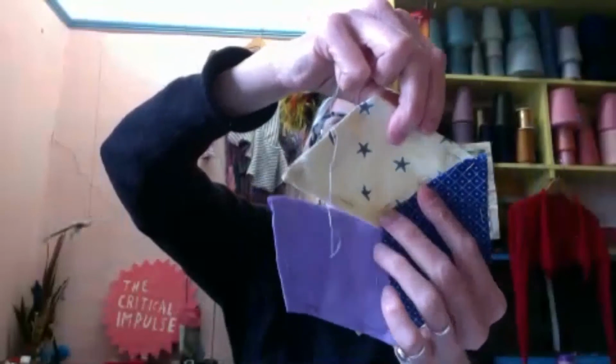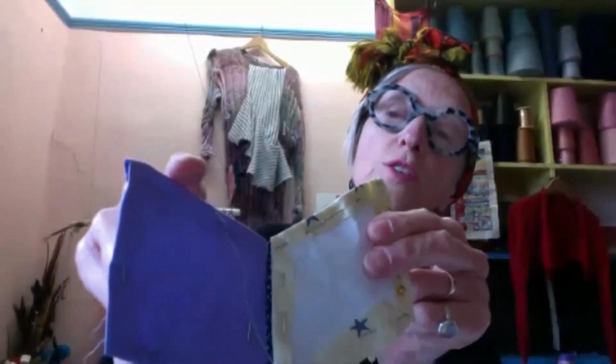So what I'm going to do is it sits like that. I put the right sides together so the yellow is against the blue, like that. And I'll sew along this side first, and then I'll sew along that side next. So I make sure that the points are in the center. I go to the right and bring it through to the left. And just leave a little bit of length there because I'm going to trap it in. And I'm going to go backwards 1 stitch. Right, and then make my way all the way along, and eventually it'll join it up when I don't lose my thread into